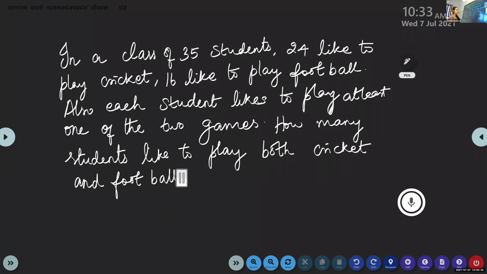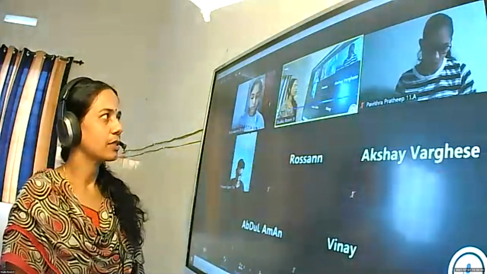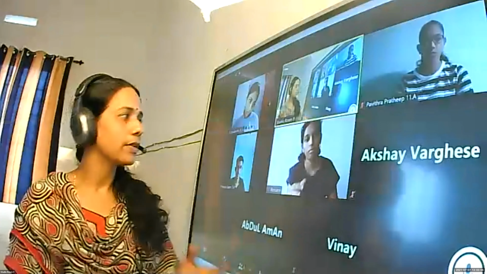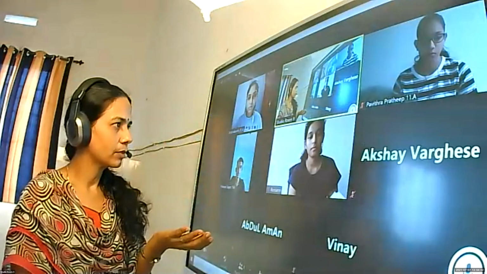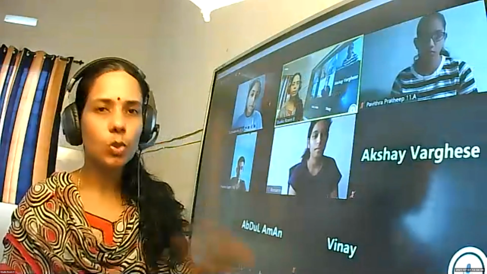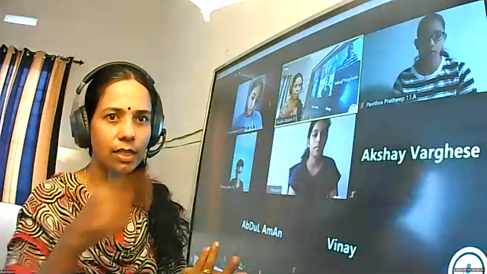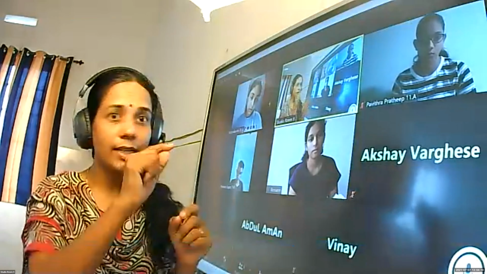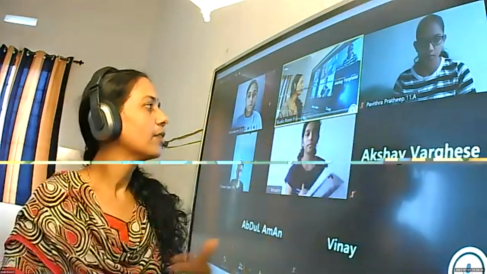Look at here. What is the difference between the previous one and this question? In the previous question, everything is given in the notation, in symbol form. Here, some situation is given, so we should represent it. Some children are playing cricket, some are playing football. So we can use notation. Let C denote cricket, F denote football. We have to read the question and find out whether union or intersection is given. Accordingly, we have to find out.